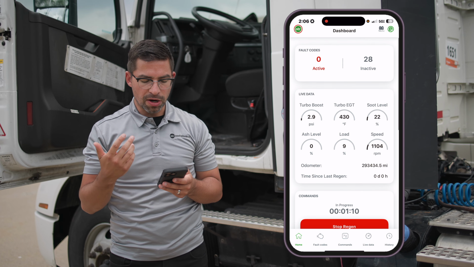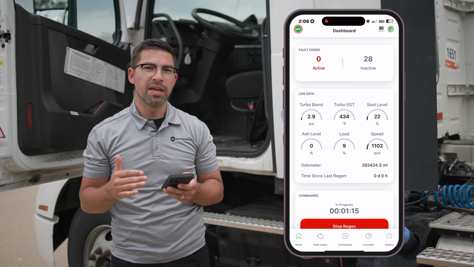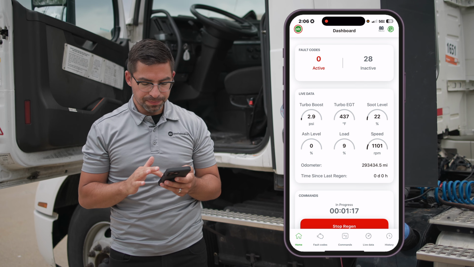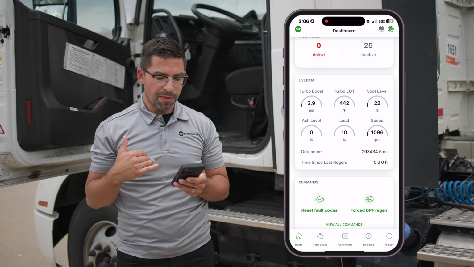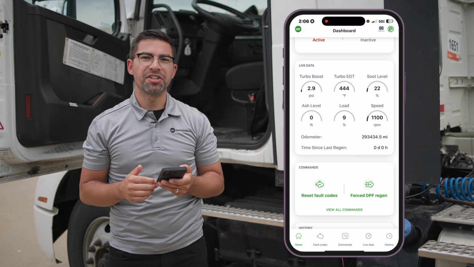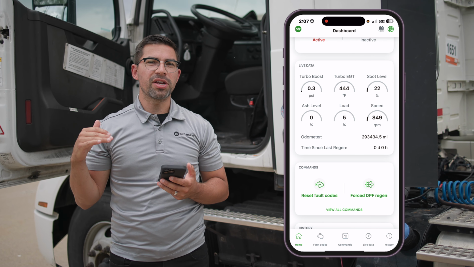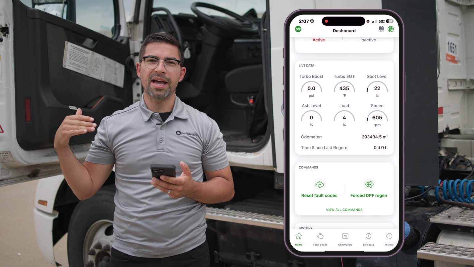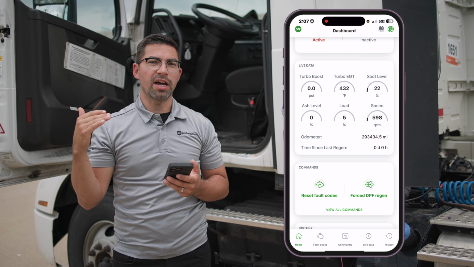So as you can see, the RPM and the temperature for your turbo are already rising pretty quickly while it's doing a regen. We're just going to go ahead and hit stop regen, and you'll hear the RPM come down once we stop the regen. It's just going to come back to idle. Once the regen finishes, it's going to do exactly that. It's going to come back down to idle,